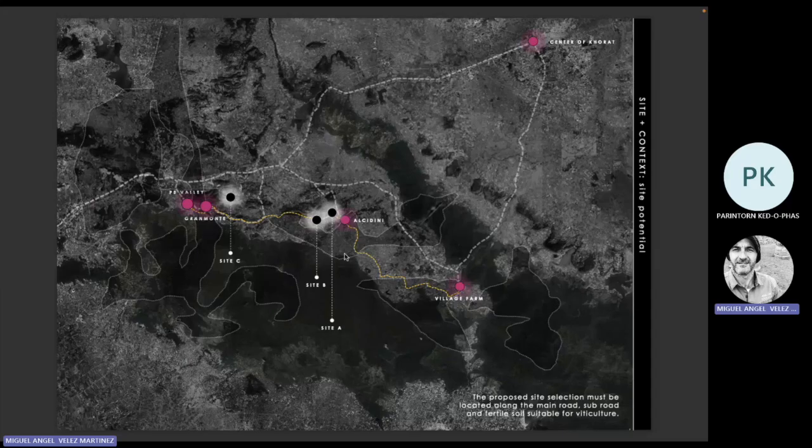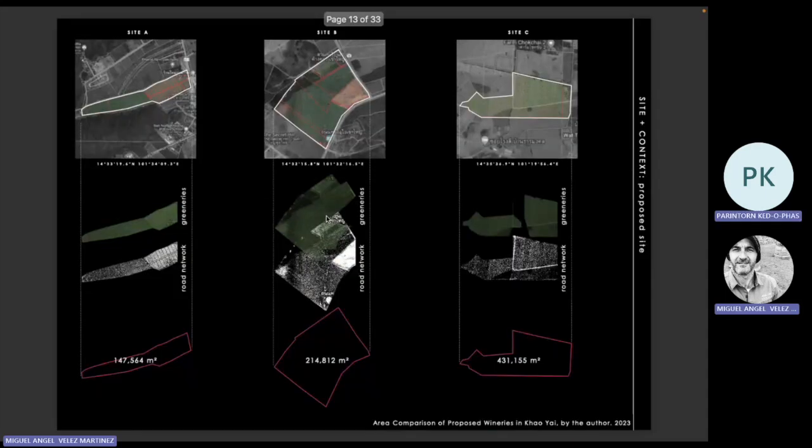So how we access, okay, and then this one is a road, no, to see how these things are connected, no, in a secondary road, okay, and then the site of him are these three, okay, and then he did the same thing that he presented before, because now with the site of him, he's going to say what is the location, okay, with the coordinates, no, that you can get in the Google Earth. Okay, the space that is green, the road network, okay, that currently have, and the square meters. Okay,